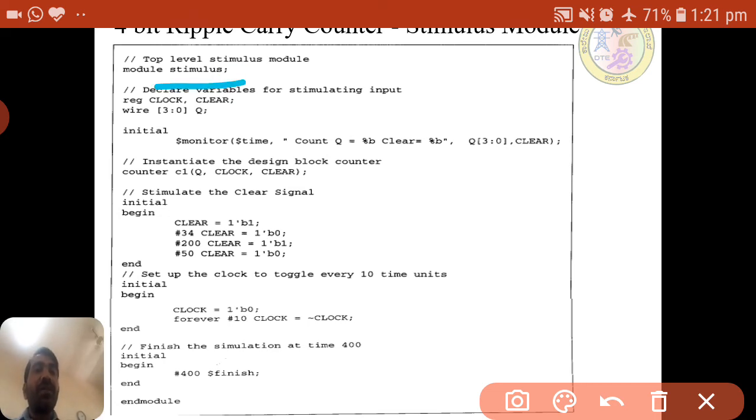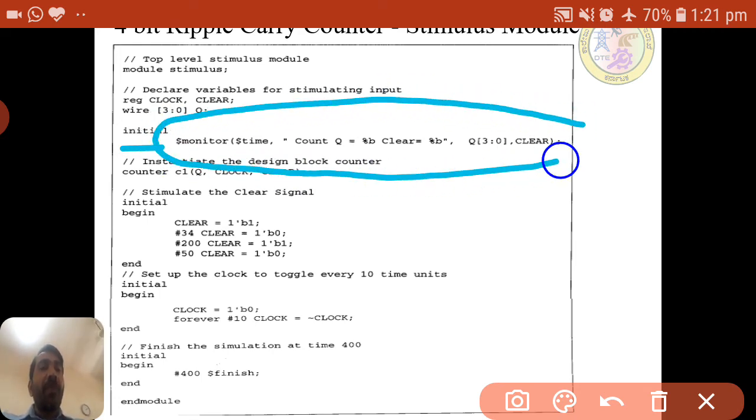Stimulus blocks don't have a port list, and here clock and clear, whatever the inputs of the design block are, will act as registers. Output we need to declare as Q, that is a wire, and initial. Here $monitor we can use anywhere.